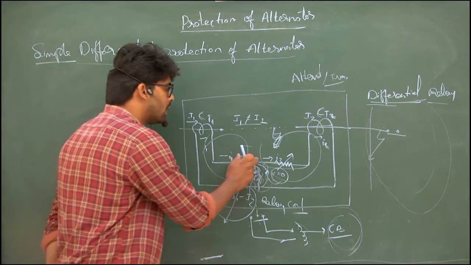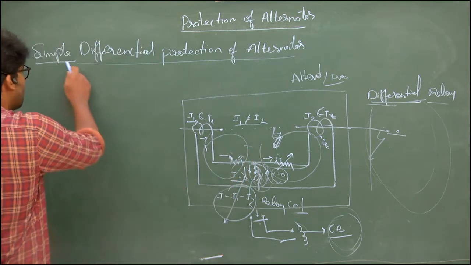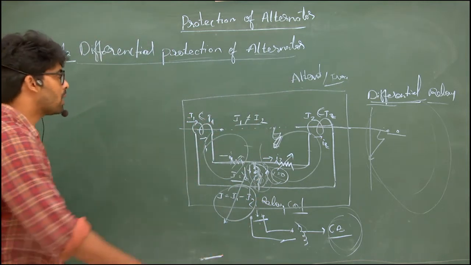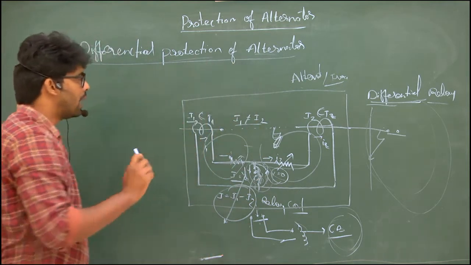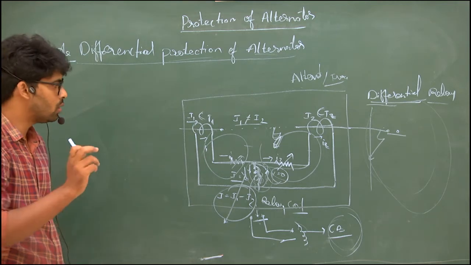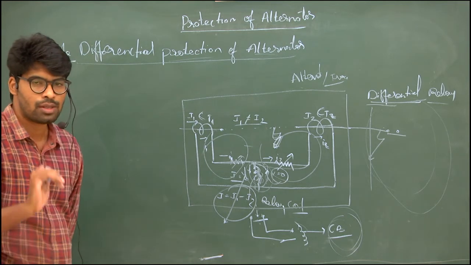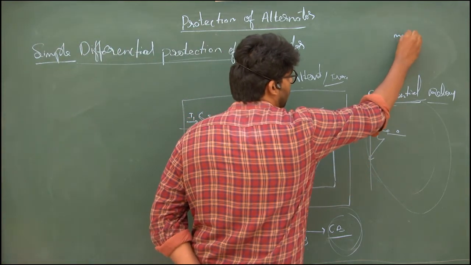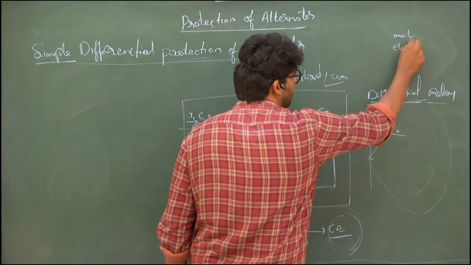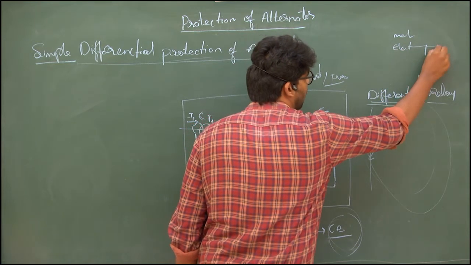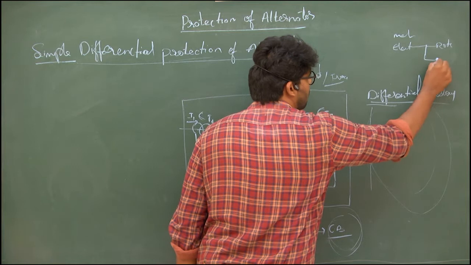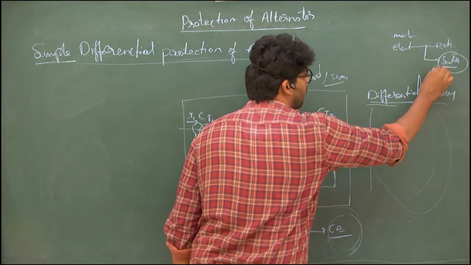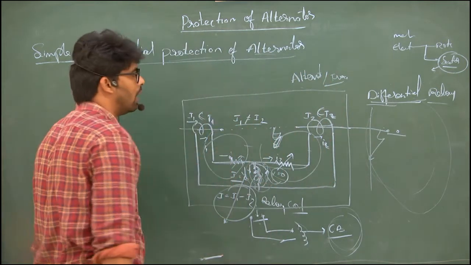We use this differential relay to understand the simple differential protection of an alternator. To understand the protection of the alternator stator, we are assuming the stator only here. As you know, alternator faults are mechanical and electrical. In the electrical part you have a rotor and a stator. Our concern is the stator, where this differential protection of the alternator applies.